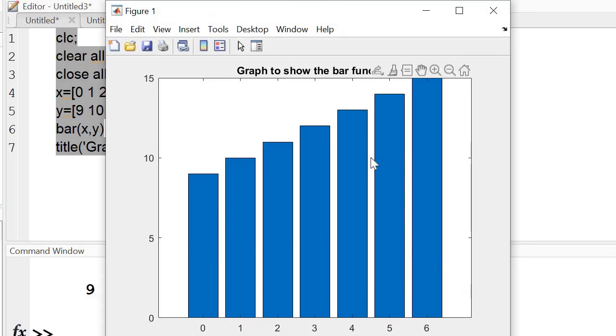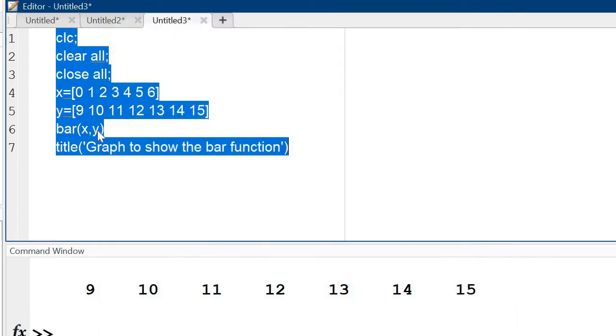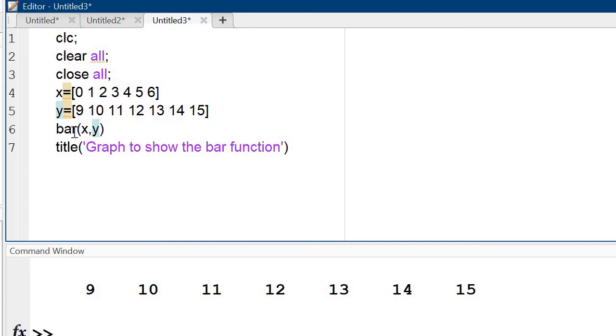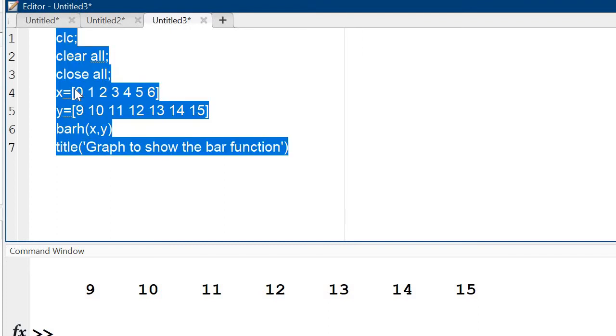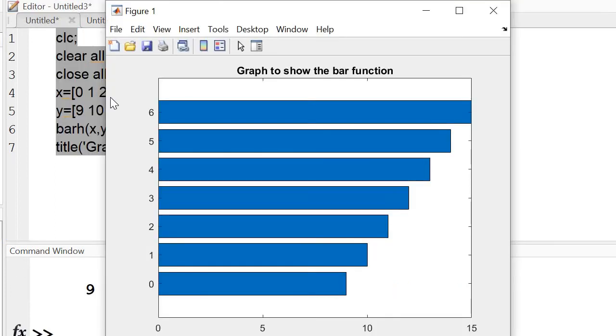So this is our bar graph. Now next, if I want it horizontal, then use H. The positions are changed. Okay, that is in the horizontal form.